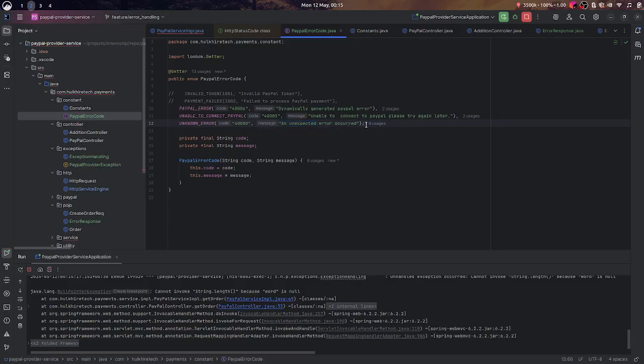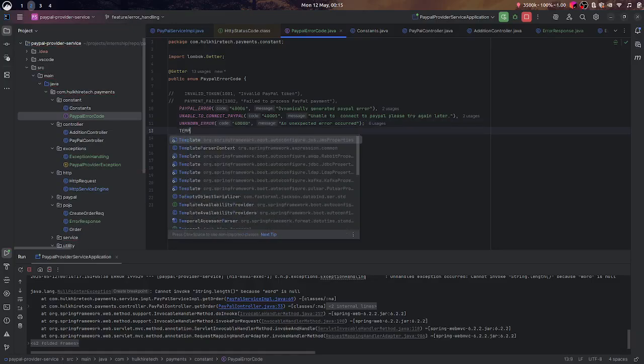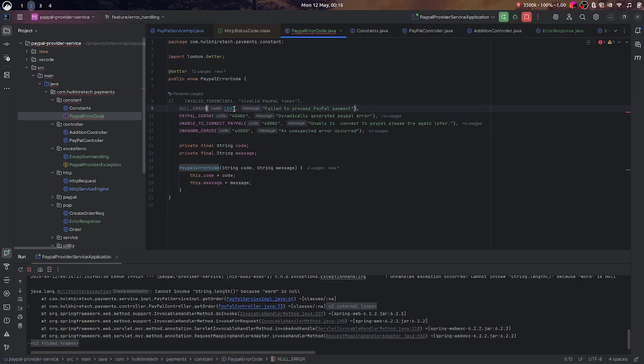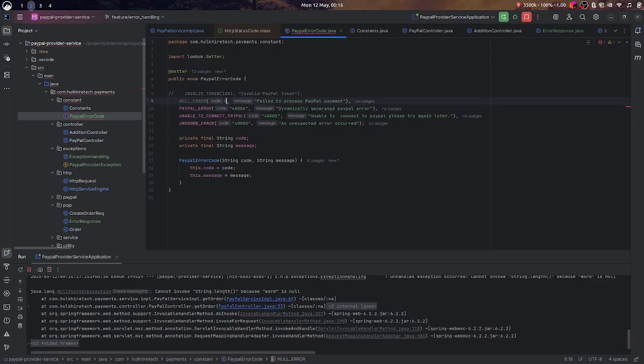Okay, let's create one more temp error. Just change that one. Yeah, we'll use this one. Instead of payment failed, we'll just give it a name as null error. All right, null error, and we can give it a code. So it's similar code. It is a string 4001. Let's give it 4001, and we can just specify it as